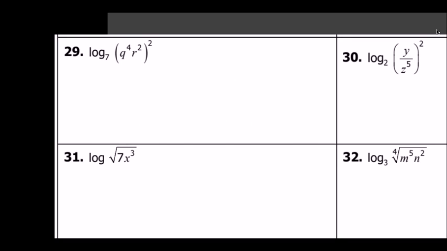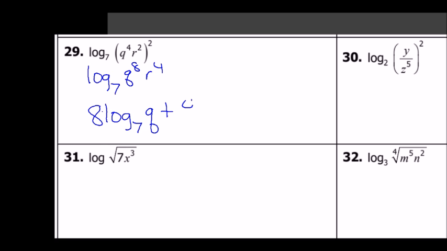That's what I would do as well. I'd square those first and get rid of that. So log base 7 of q to the 8th, r to the 4th. Now I don't have the exponent deal in there. So when I do the expansion, it'd be 8 times log base 7 of q plus 4 log base 7